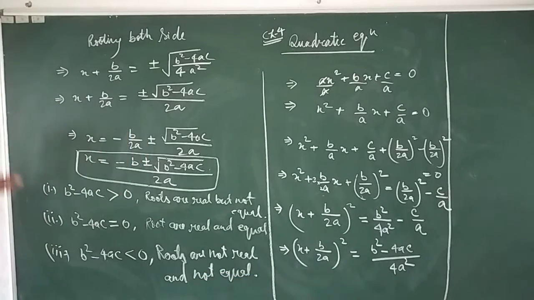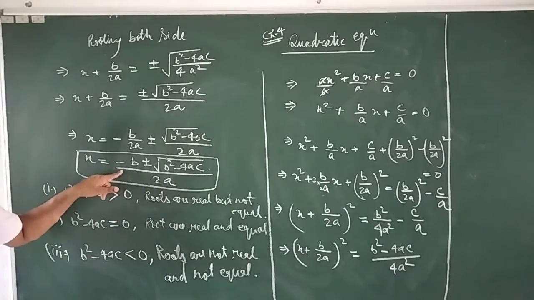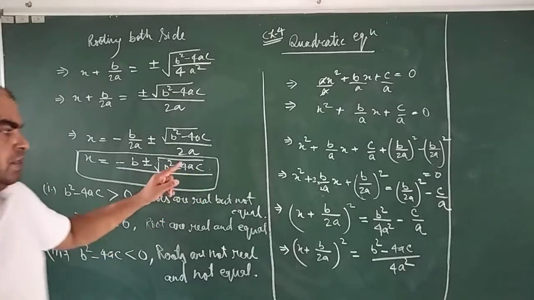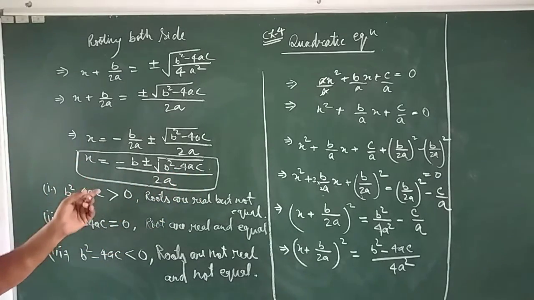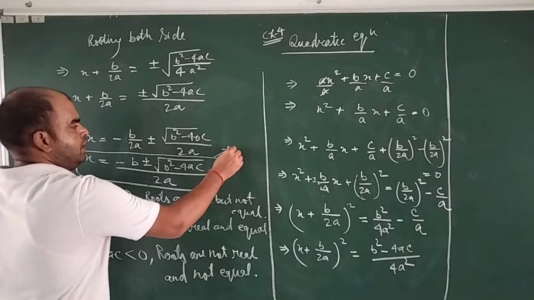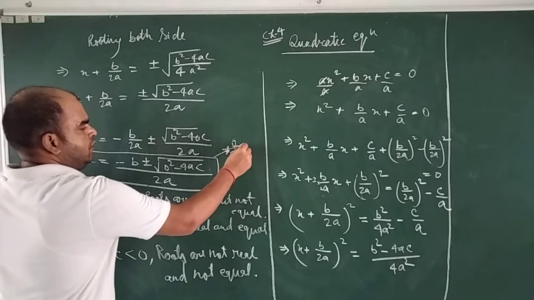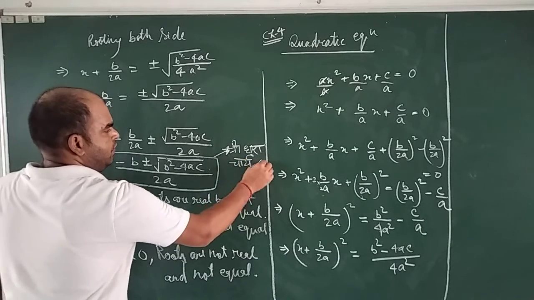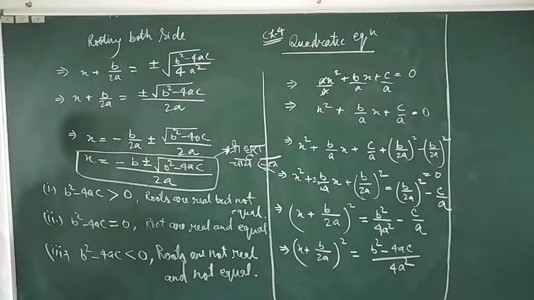Okay. So in this way, you can understand the derivation of the quadratic formula and the nature of roots. One more important thing, in the books this is given as the quadratic formula. You should remember one more important thing, this is Sridharacharya formula also, because this was invented by an Indian mathematician. So you can remember this is the Sridharacharya formula, Sridharacharya Sutra, we can say formula also. So don't forget this concept.